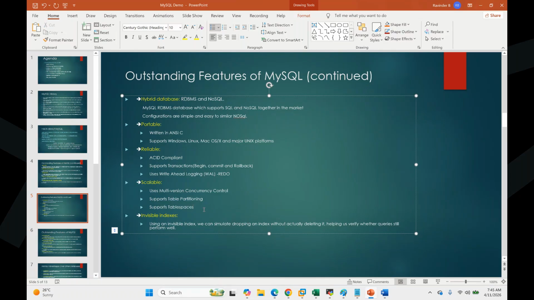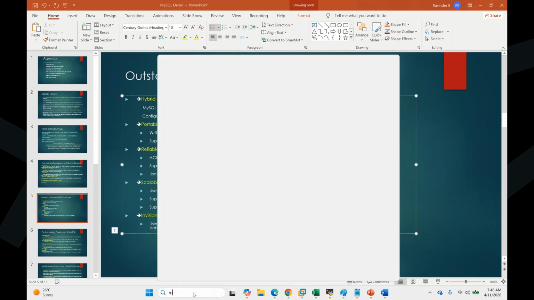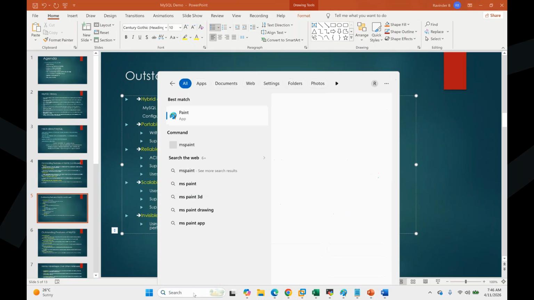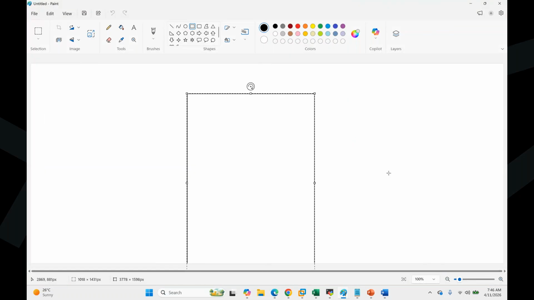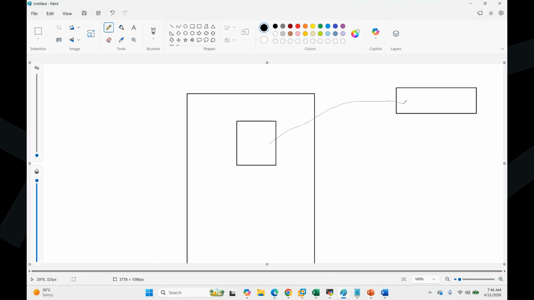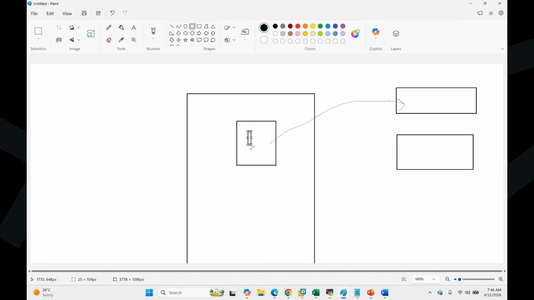We have default table spaces, or you can create your own. For every table you create, you can create a separate file. What exactly I mean, let me tell you with a diagram. Example: I have a database and one volume. If I create a database, by default it goes to one volume as a table space. Here I'm creating lots of tables, and it is becoming too big. Then I can create one more table space and create some objects like tables there.